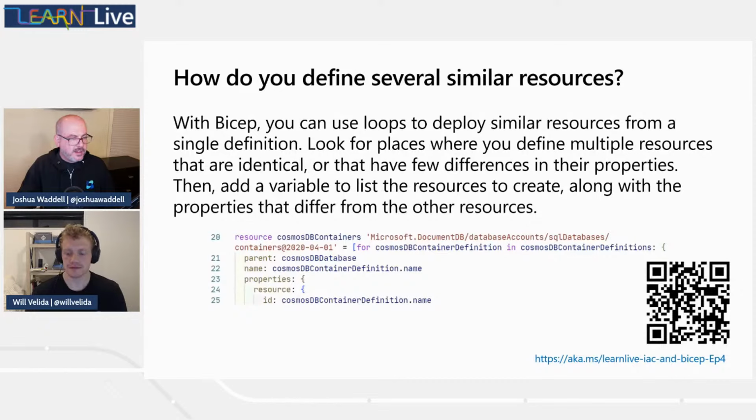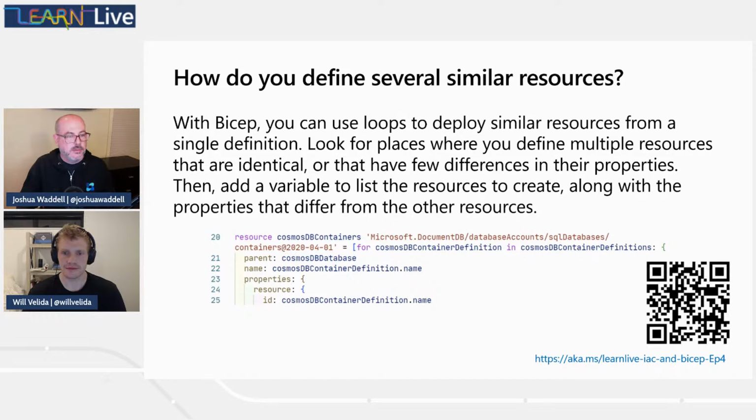So the next couple of slides, the next couple of conversations here, one thing that you're going to notice in the bottom right-hand corner, these topics have been covered before. So for example, here we're talking about doing loops on resources. If we've got multiple resources that we need to create, perhaps we can create a kind of an object array, and we can loop through a series of resources to simplify our code. This is going to be a huge benefit in simplifying our overall templates. We had an entire module on loops and conditions. So in the bottom right-hand corner, you see the actual link to that episode and also the QR code. So if you simply scan that, it'll take you back to episode 4, and you can get caught up on